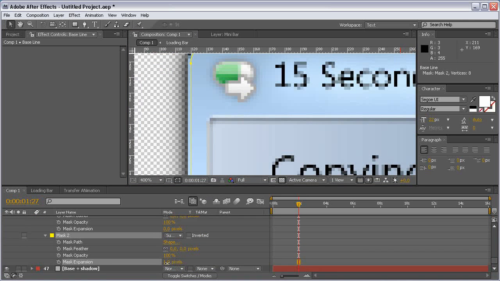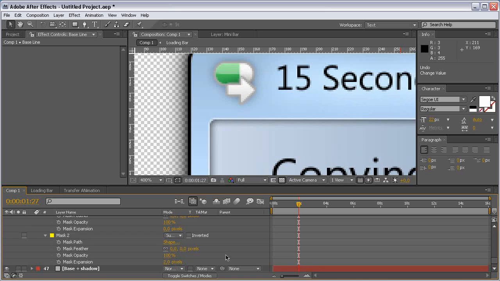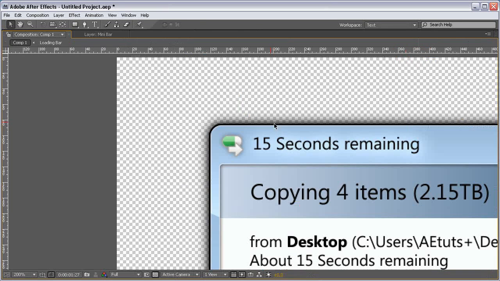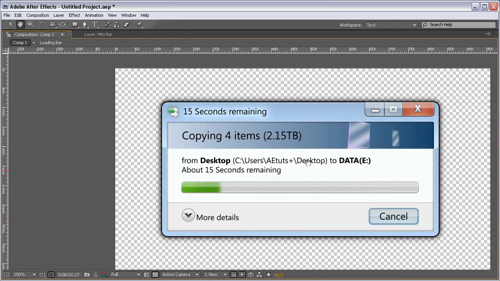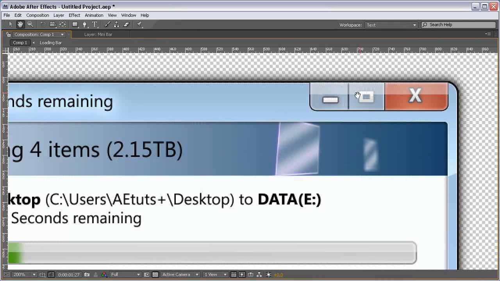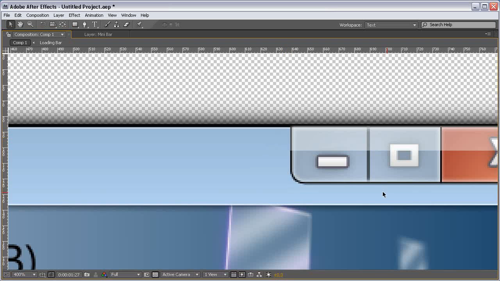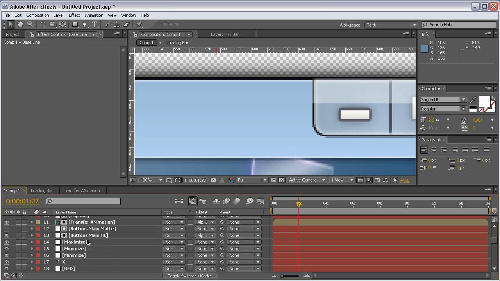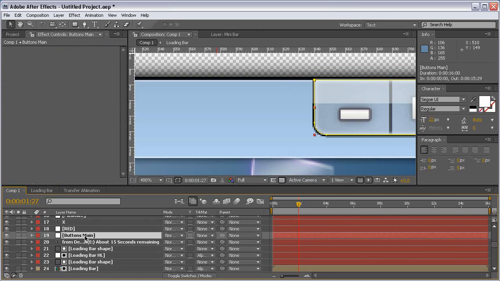And let's see. We need to set it to -1 and set the opacity to 50%. This way it looks really realistic. And again we are going to do the same thing here. So come to buttons main, let's find this layer, buttons main, yes,